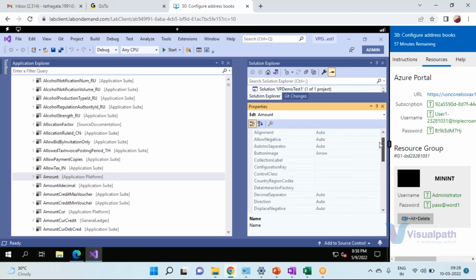The other important part is allow negative and auto separator. If you are allowing negative values, because for some applications you can have an amount field but it doesn't allow negatives, all this you can set here also. Again, as I was saying, these are very primitive data types, and if you go here and see,